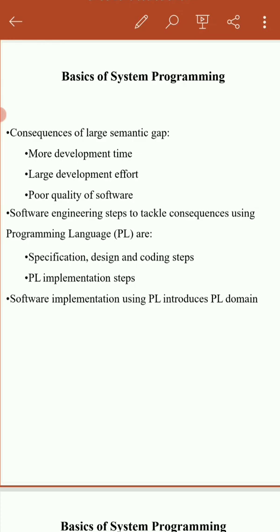So as we have these advantages, we can write the program in a high level language instead of machine code. And here we are using a translator. The translator can convert the source language, or we can say a high level language program, into a target program. It means it can convert high level language into machine code. So here we are using a translator to convert the source language into a target language. Target means the machine code.